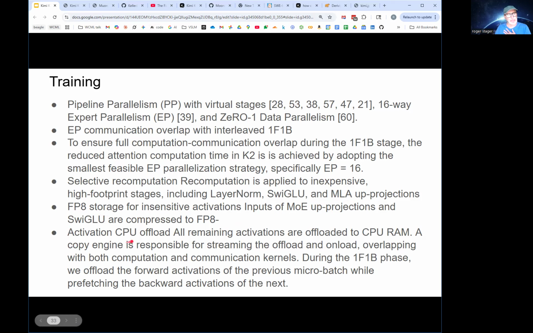This was the one that I thought was kind of interesting: activation CPU offloading. They have a bunch of activations that they offload to CPU, because storing those around can be expensive and use a lot of memory. So they just offload it, and as long as they can overlap the offloading and onloading communication, it's moved off when it's not needed and brought back before it's needed again. As long as it's 100% overlapped, they can make that work and make more efficient use of the GPU. That was kind of cool, I thought.